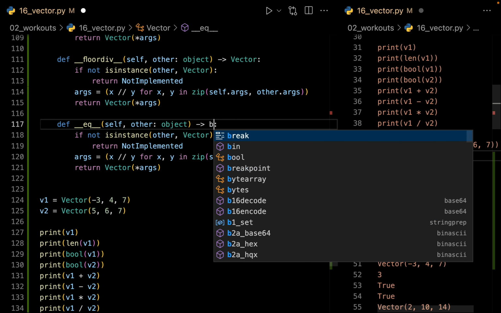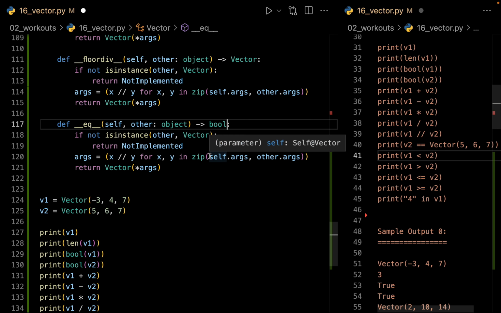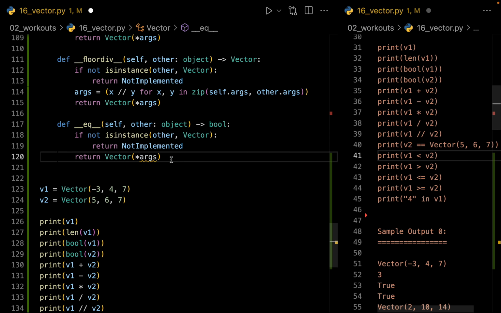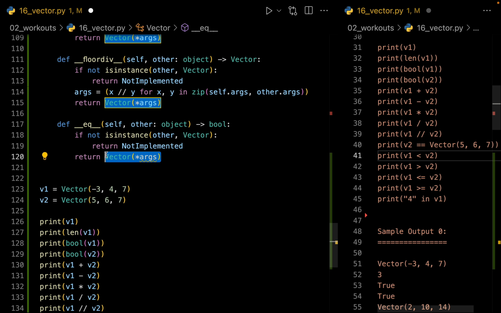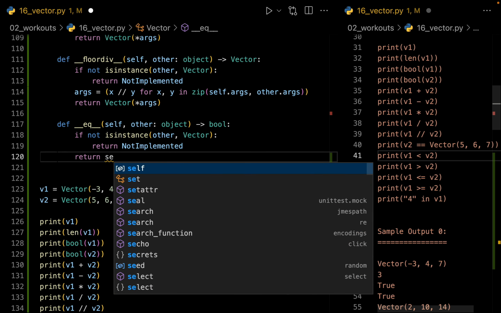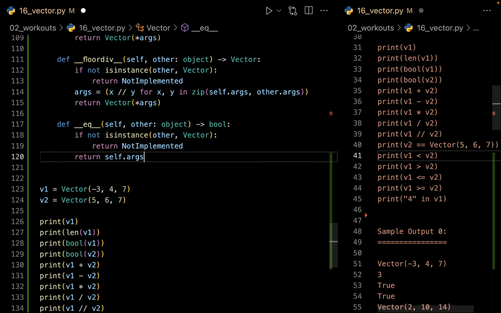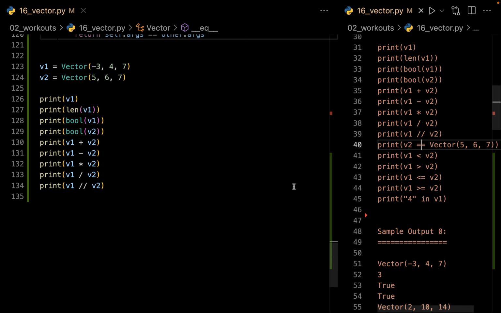This always returns a boolean value. Then I don't need this line, so let me take it out. And let us see the logic for this one. Luckily the logic is very easy. We simply have to say that if my self.arguments are equal to my other.arguments, and that's it. Let me copy this line and paste it right over here,